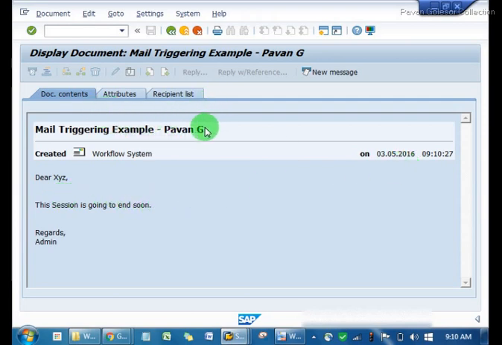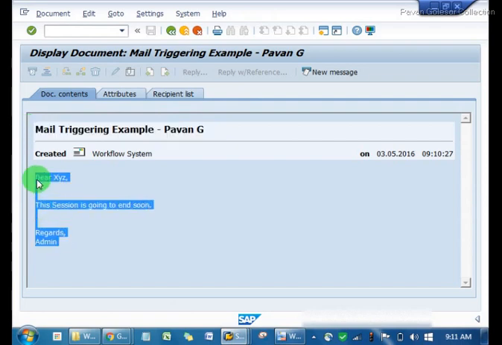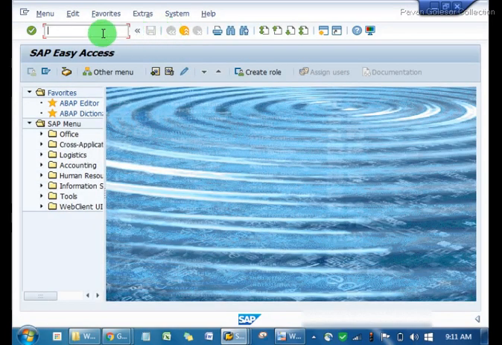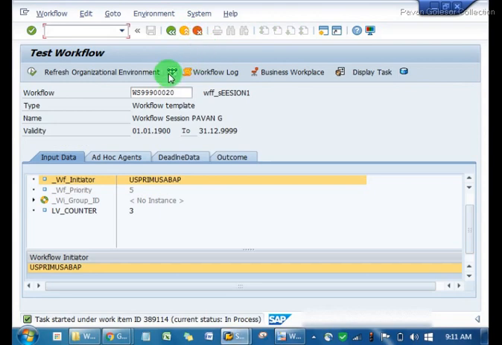So these 3 have already come. The subject is over here and the body is over here. These details are coming from our workflow only. Okay. As you can see, our workflow testing has been done. So the workflow has been triggered successfully, and now moving back here, these 2 points are very important. Now these were disabled. After testing, they got enabled. Correct. So after you test it, it will generate some files and it will refer to that file.